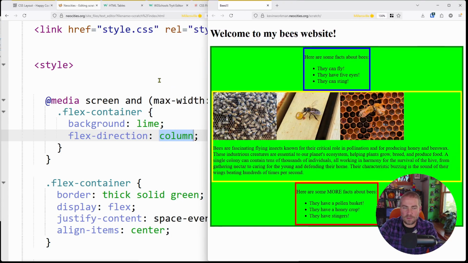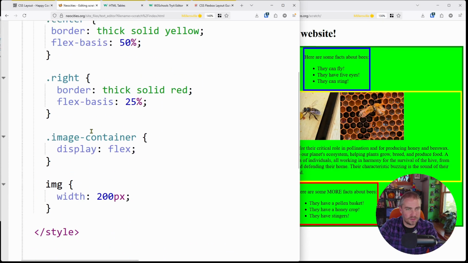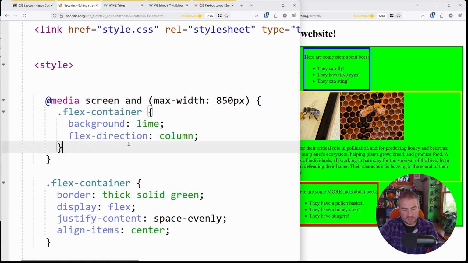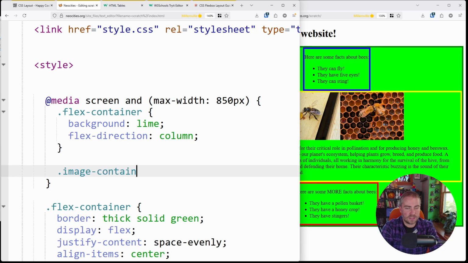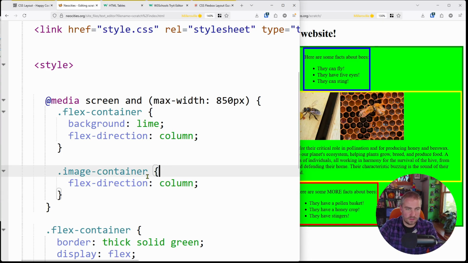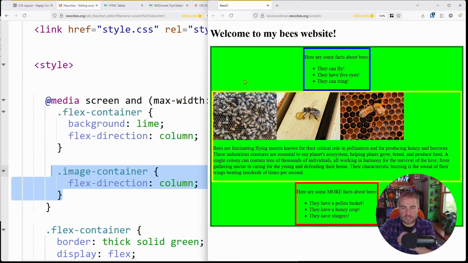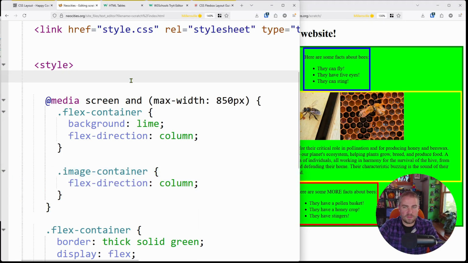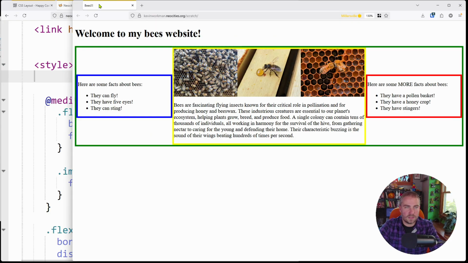And now let's do the same thing with my image container. So what was that? It was just image container. So I'm going to do the exact same thing. .image-container, and I'm going to say Flex direction column and close that out. So now I'm saying if I'm smaller than 850 pixels, then do the same thing with my image container and make my images up and down instead of left and right. So did I save that? Now I did. Make that bigger, refresh, nothing should happen. There's my beautiful bee images. And if I make this smaller,